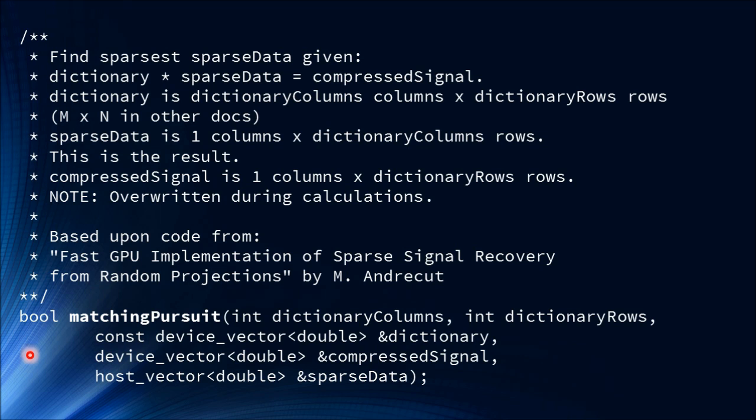Intentionally kept it away from too much object orientation. Made it so we have nice flat vectors. So this is a 2D array of columns by rows, but it's been flattened, and there's a little function that will tell you the Fortran style indexing required by cuBLAS. So not C style, but Fortran style column major indexing.